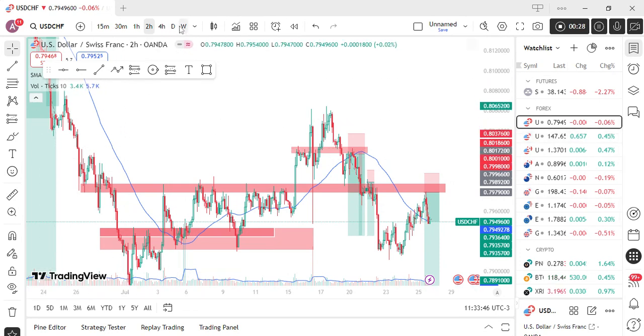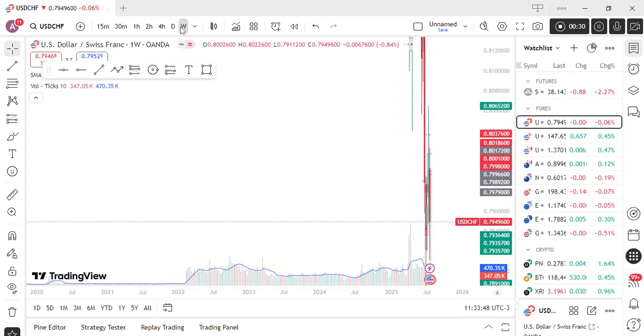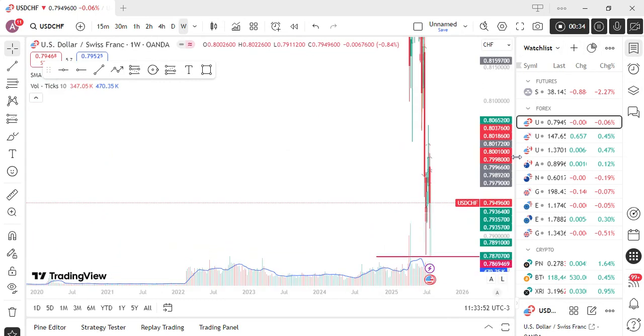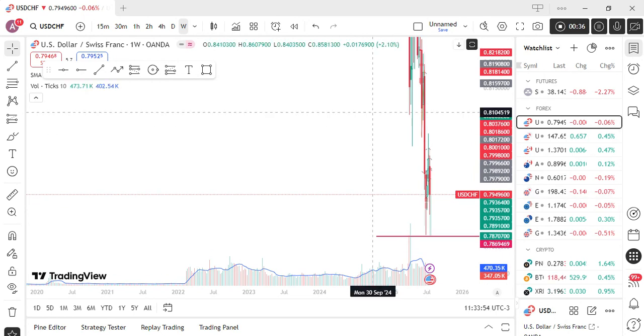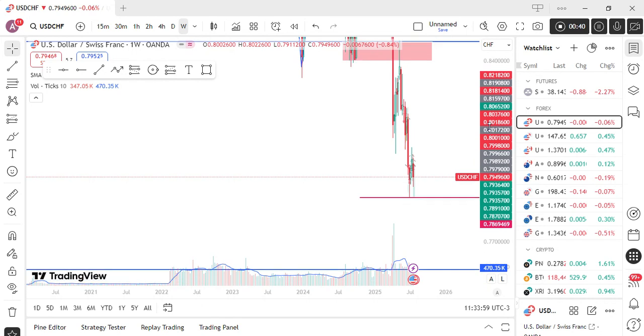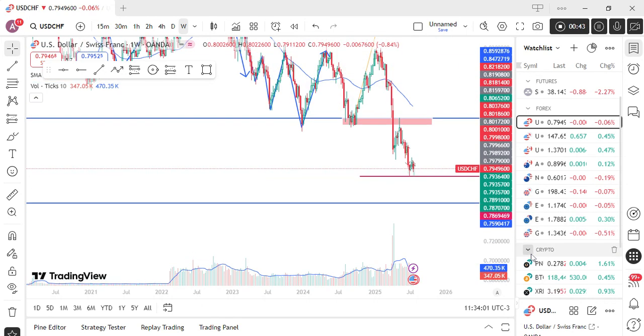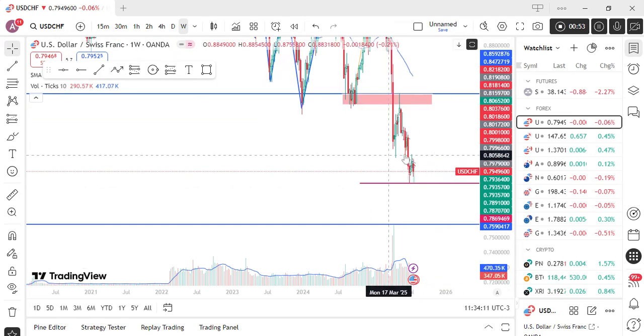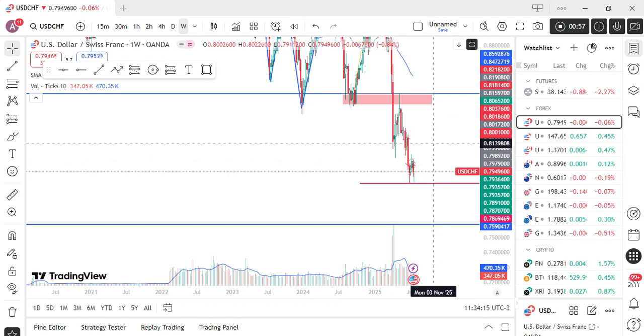And why am I saying these are opportunities? Are we certain of it? We are not very certain of it, but we can still say what we are seeing is the best region and what has been happening in the past. Look at CHF, for example. You can see that CHF has always been breaking, testing, breaking this region, retesting it. And now we can see that USD CHF is testing that region. And what do we expect?